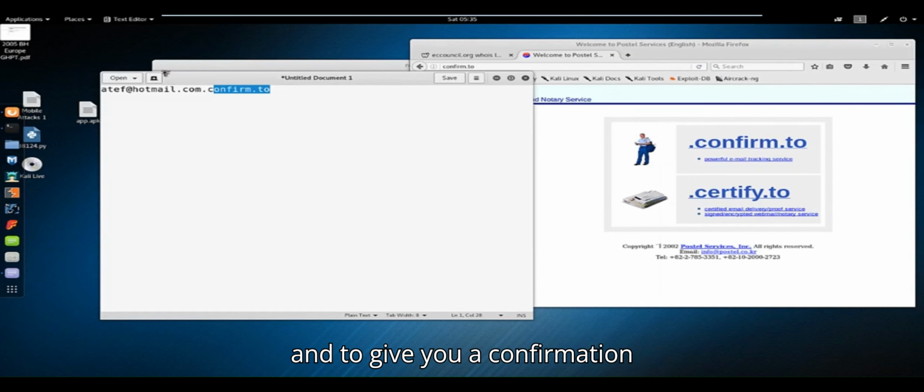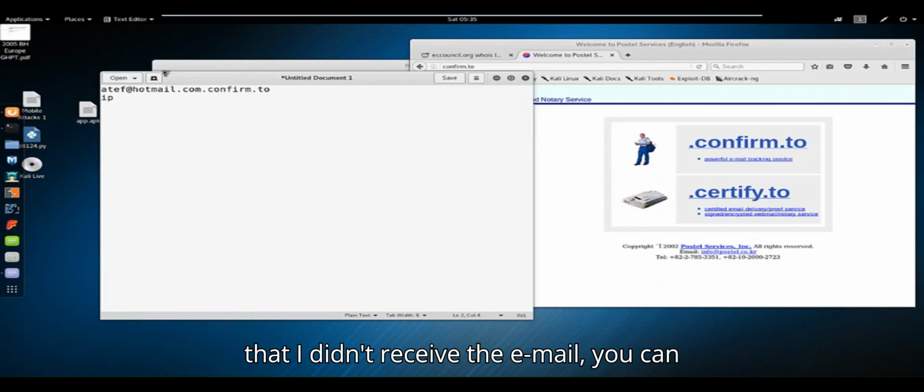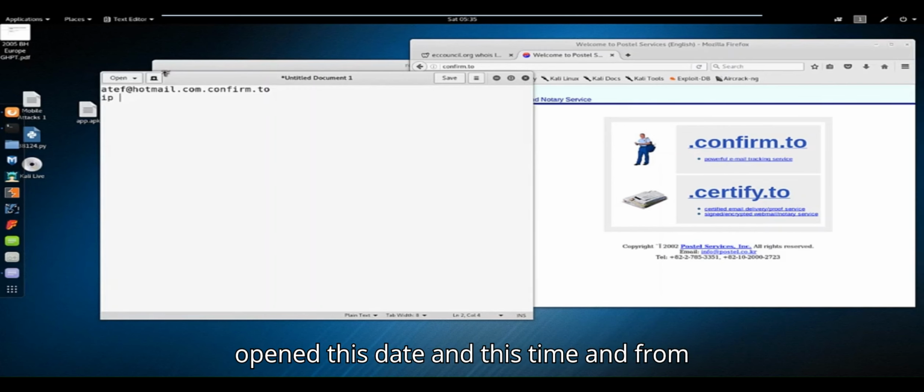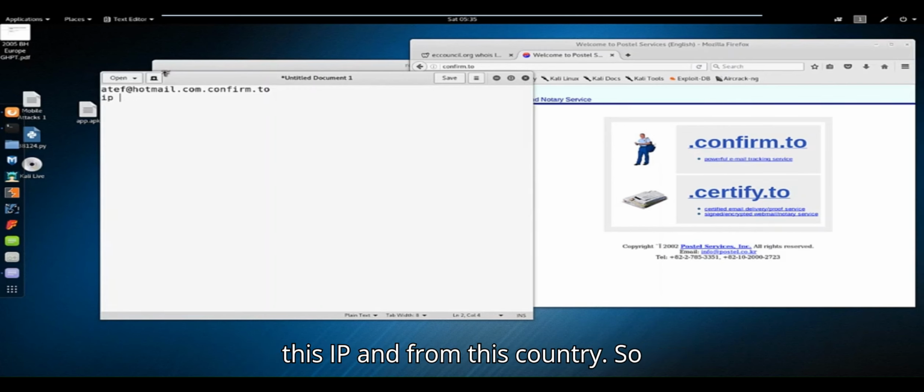And to give you a confirmation, it will also give you the IP of my computer, its public IP. So if I'm telling you that I didn't receive the email, you can tell me, no, you received the email, you opened it on this date and this time, from this IP and from this country.